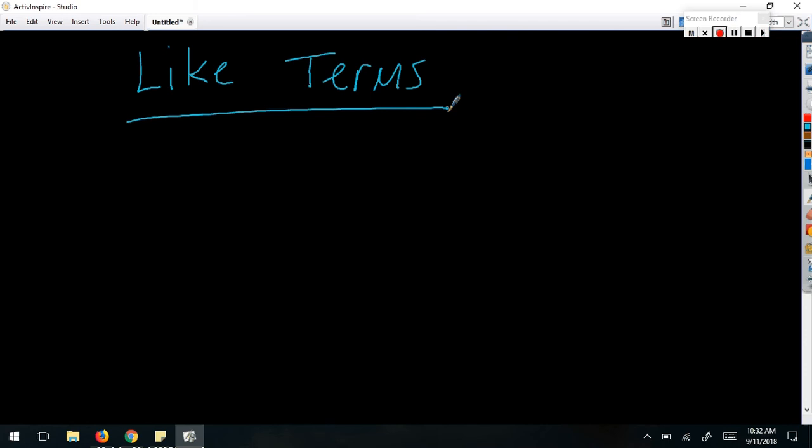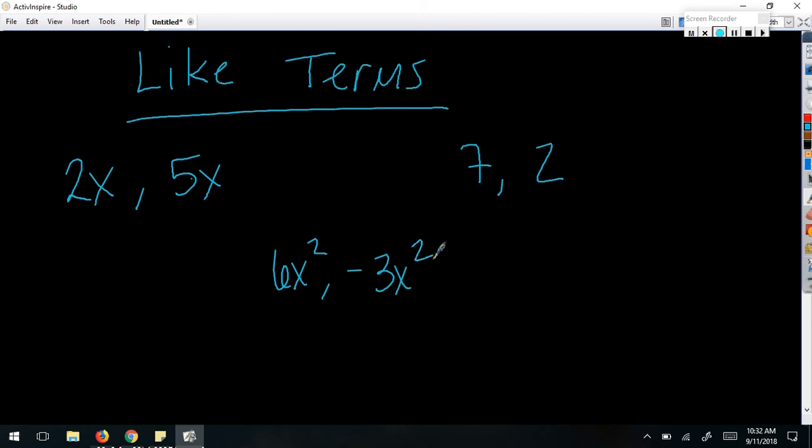All right, like terms means that they have, when we talk about terms, I'm talking about algebraic terms, so things like 2x, okay? 2x and 5x are like terms. 7 and 2 are like terms because they don't have a variable, they're both constants. 6x squared and negative 3x squared are both like terms. So like terms means they have the same variable if they have a variable. Constants don't have to, with the same